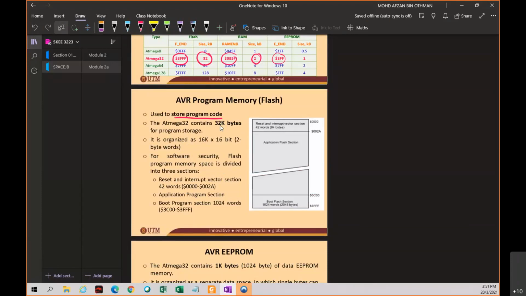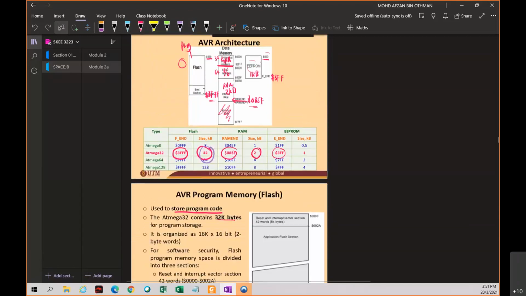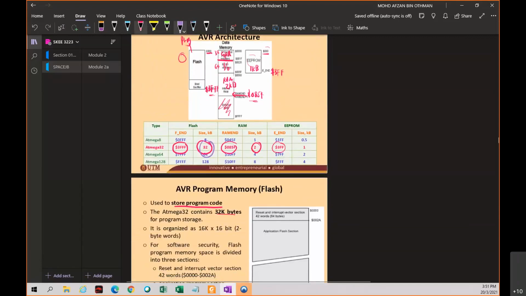So the Atmega32 contains 32 KB for program storage. Kamu tengok kat sini kita ada 32 KB, program storage. Okay, it is organized as 16K darab 16 bit. So yang membezakan antara